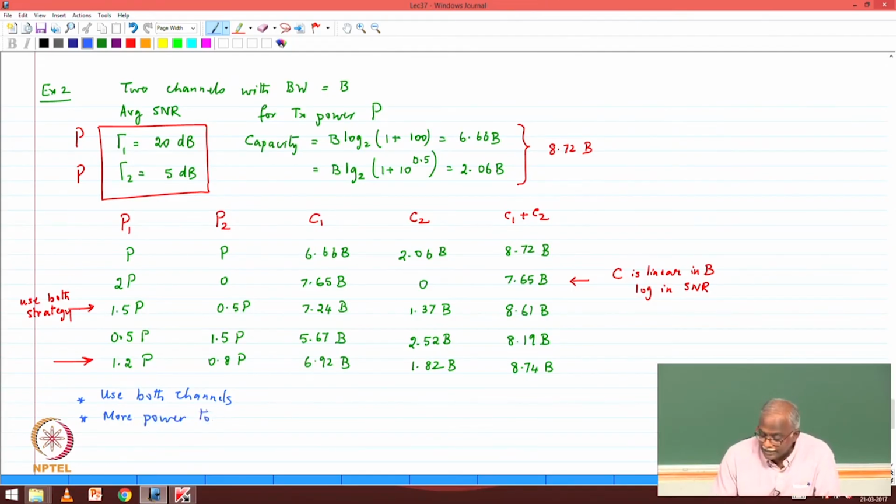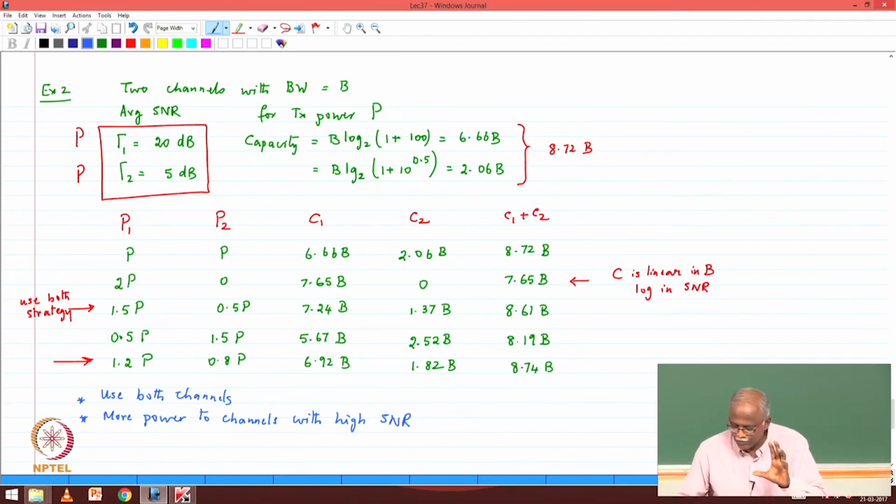Now, is this true in general? It turns out that yes, this is actually the insight that we need to work with the wireless channels. More power to channels with higher SNR. Okay, that's a very, very powerful result. The other one also is an important result that we want to work with. Now, once you have this framework, I want to leave you with the following